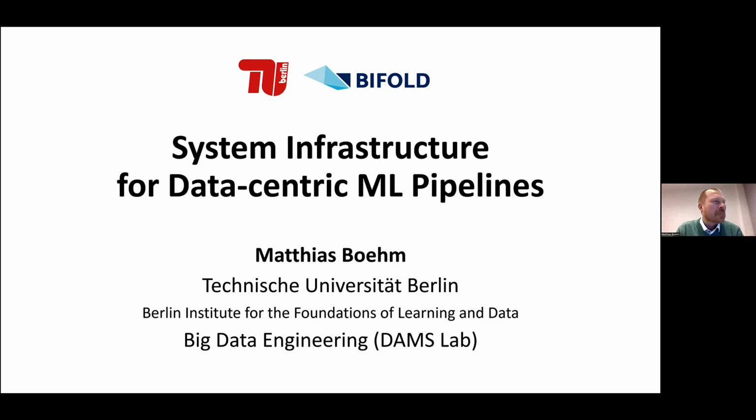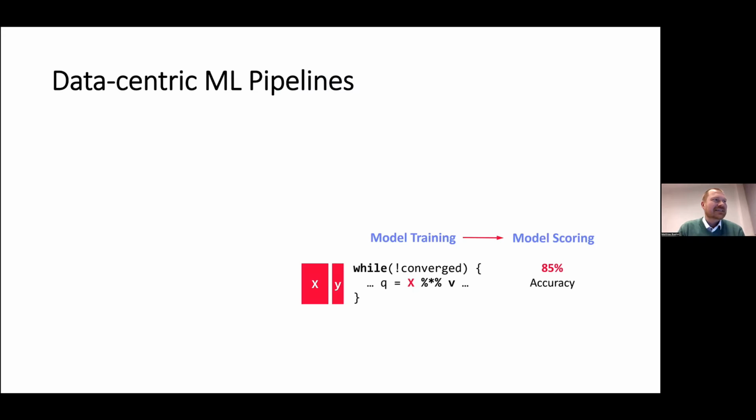So this talk is on system infrastructure for data-centric ML pipelines. So let's talk about what is a data-centric ML pipeline. You're probably well familiar with a classical ML pipeline that is composed of typical feature matrices and labels, either numeric or categorical, fed in. And then we have an iterative training process. And once you've trained a model out of that, you use that for scoring, for making predictions, and you get